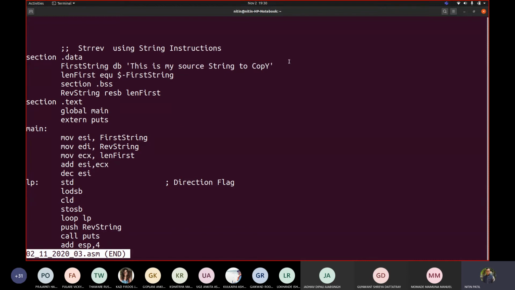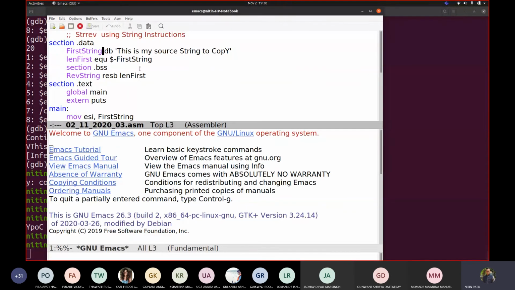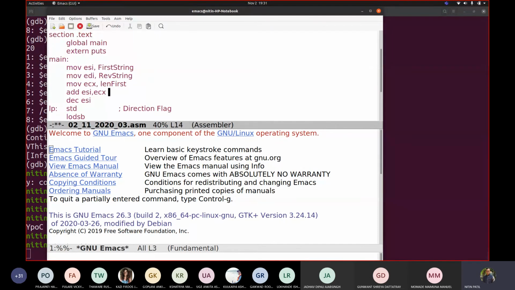It is pointing to the next one. Let me take a smaller string so that you can understand. We will keep only this. Now suppose I don't decrement this ESI.